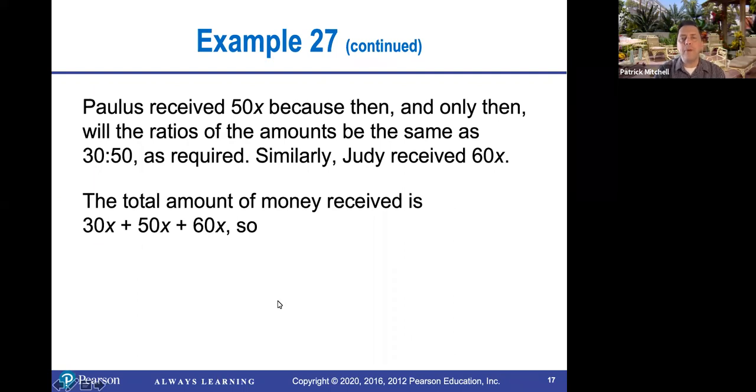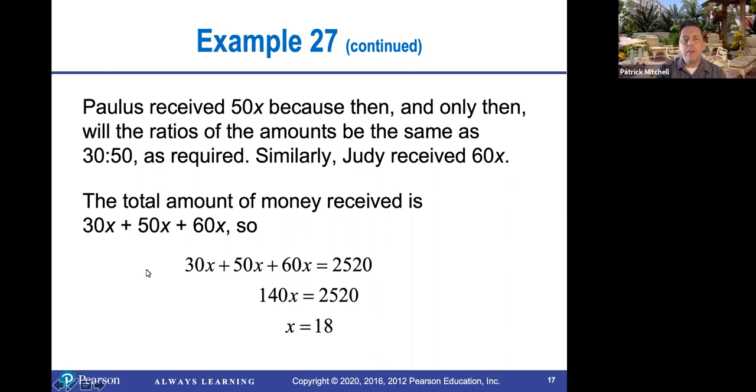The total amount of money received is 30X plus 50X plus 60X. So that amount has to equal 2,520. Those three terms add up to 140X. And since 140X equals 2,520, that means X equals 18. So each person's rate of pay is $18 an hour,